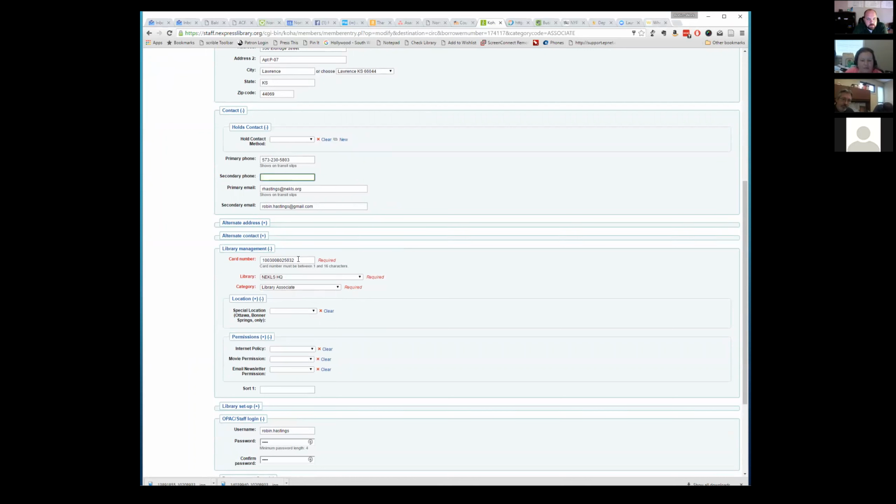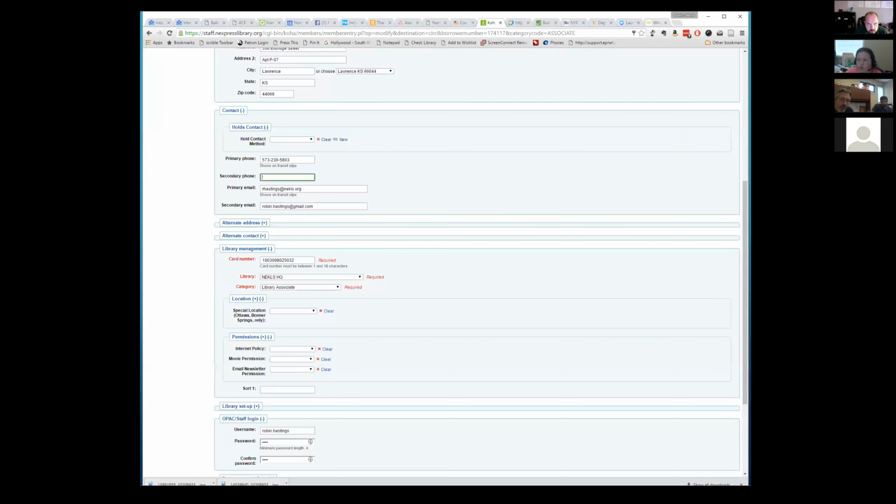This is your card number. This does not have to be the same as your OPAC username and login. Depending on your permissions, for your patrons, the OPAC/staff login is only going to give them access to their account on the OPAC.